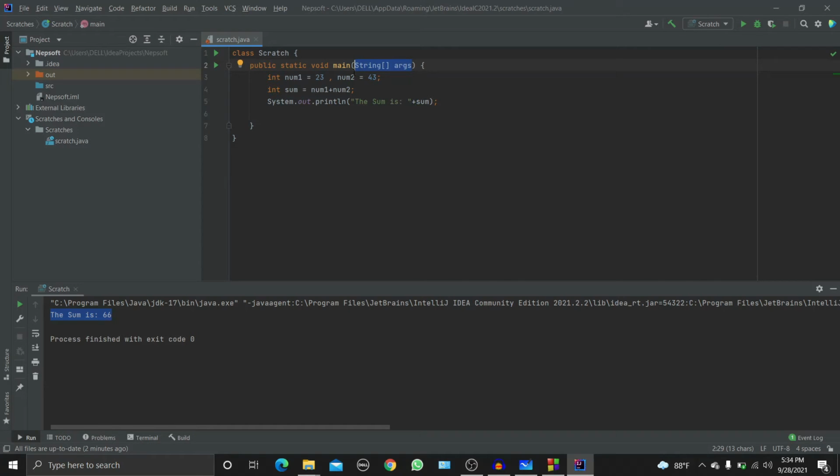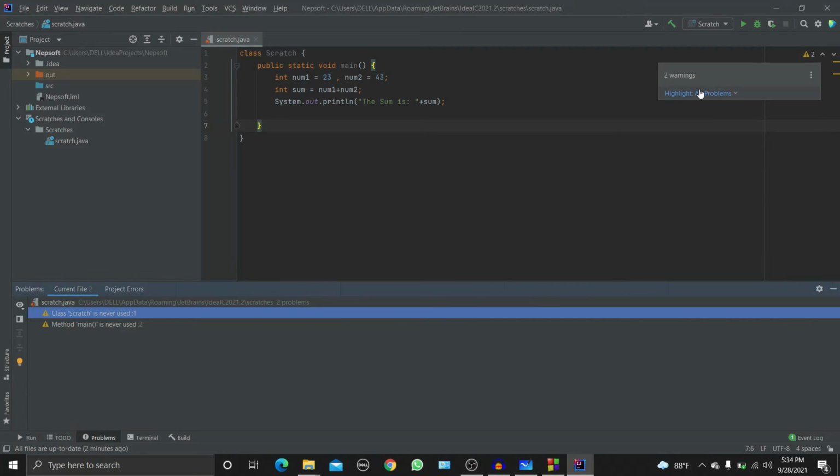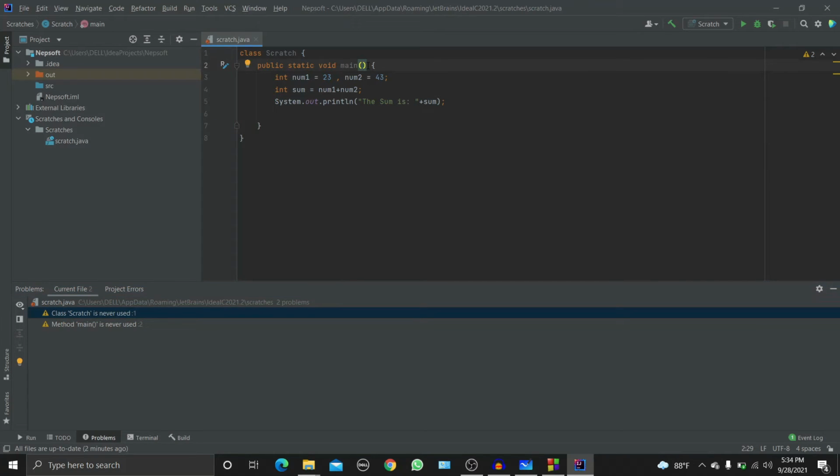So I will do it practically and show it to you. What we do here is we just remove it, and then we try to run it. Here we are not getting the run option because we have some errors. You can see the errors, two warnings: class Scratch never used, and main method is never used. You can see two problems.